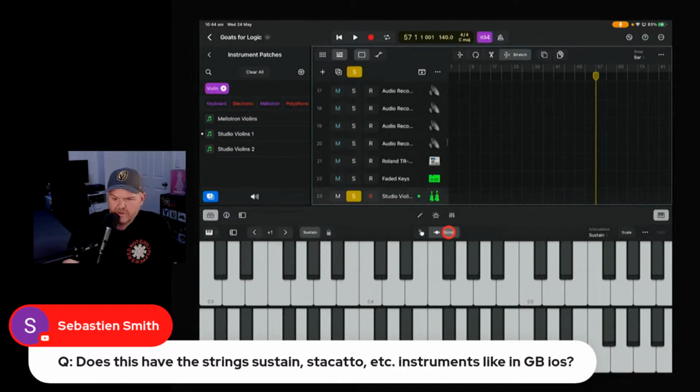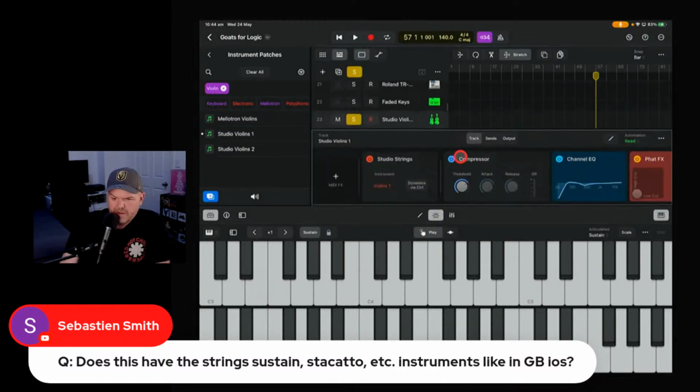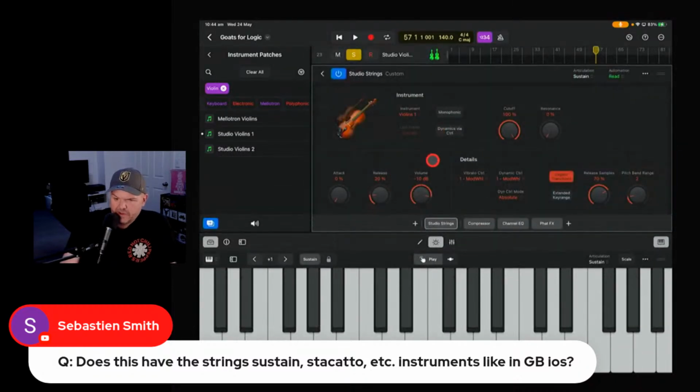Do we have any other options here? Let's scroll. What about under our plugins here? Fat effects, compressor. Oh, so there's the studio strings. This might be where we need to change this. All right. Yeah, this looks like what we're looking for. Attack, release, volume. Is that legato? There's got to be a staccato button here.